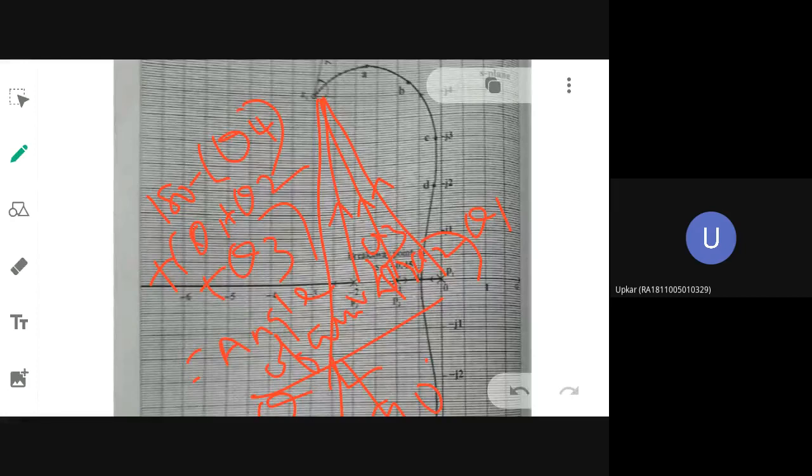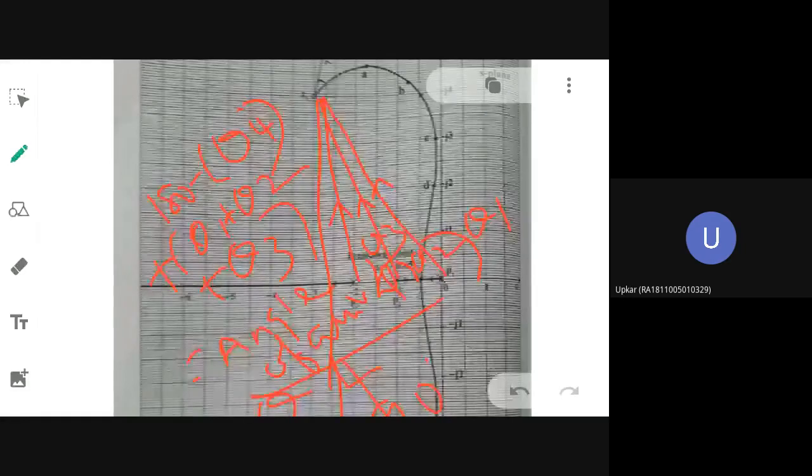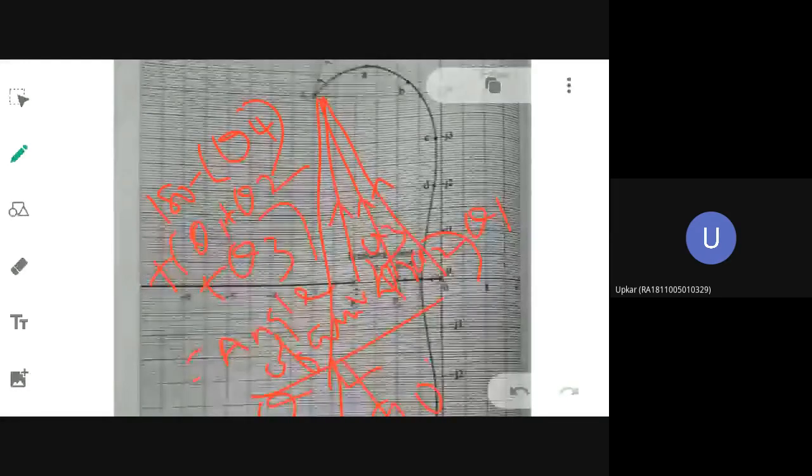Just some vector, a straight line I have to draw from other poles and other zeros to that particular point. If it is the angle of departure, the angle will be 180 minus the sum of angles of vectors drawn from other open loop poles plus the sum of angles of vectors drawn from other zeros. It will reverse for the angle of arrival, that's all. 180 minus the sum of angles of vectors drawn from other open loop zeros plus the sum of angles of vectors drawn from other open loop poles. That way you will find out the angle.